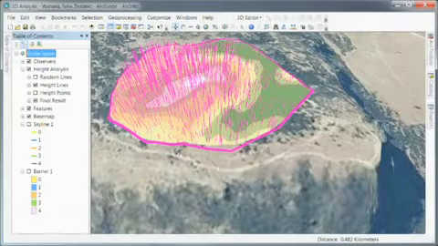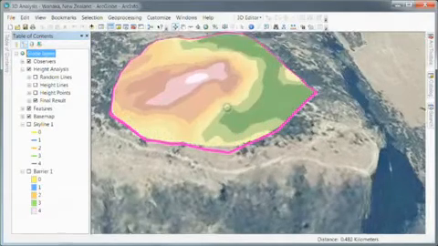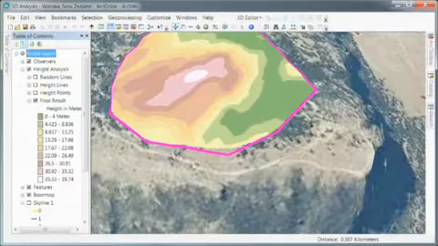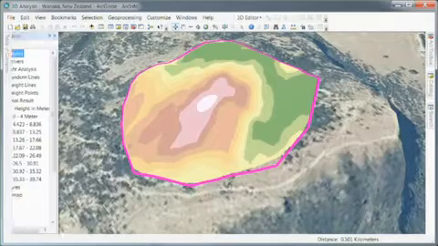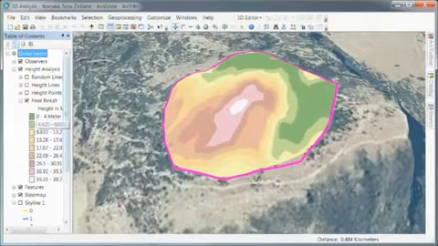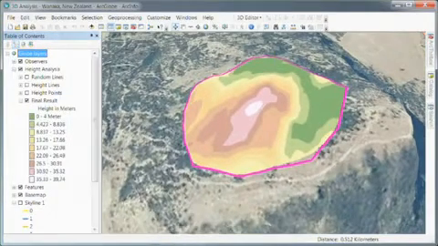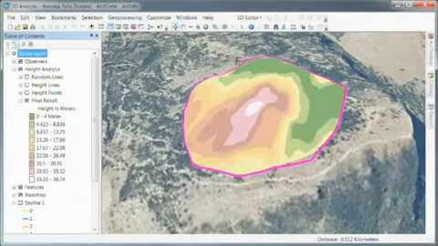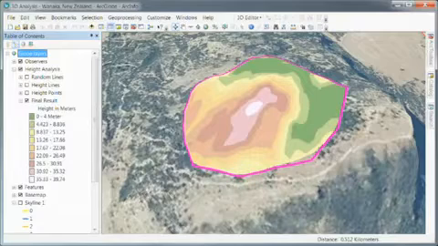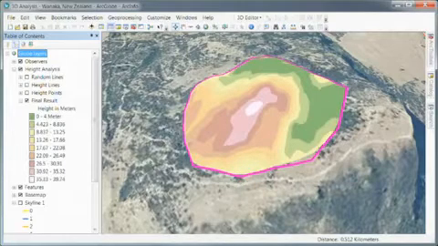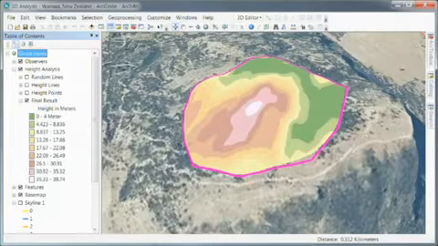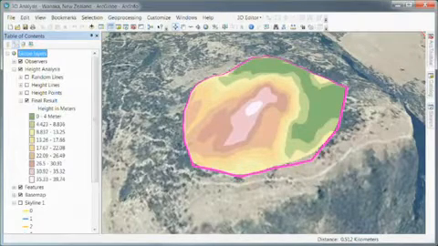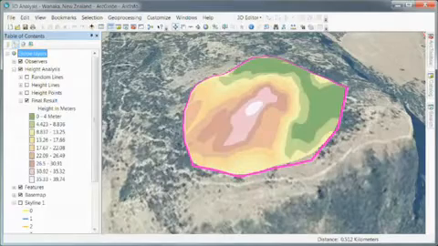So let's take a look at that final result, turn off our lines, and here we can see a map showing where we can build and what height we can build in these particular zones. So I'll turn on my table of contents, come out. Here you can see that the area in green, any structure over 4 meters tall is visible from my observation point. Onto the pink and white area, we can go up to 30 to 40 meters and not be visible from the road. So this is certainly a unique scenario that we can use the powerful analytical tools in ArcGIS